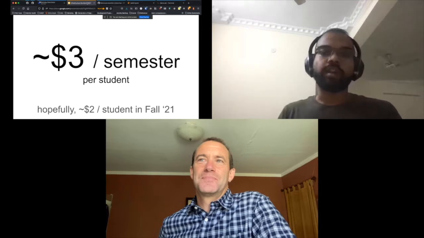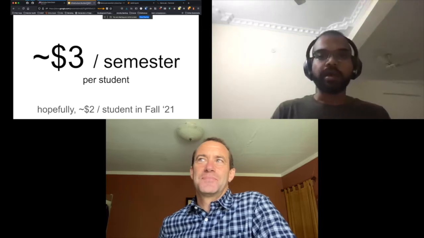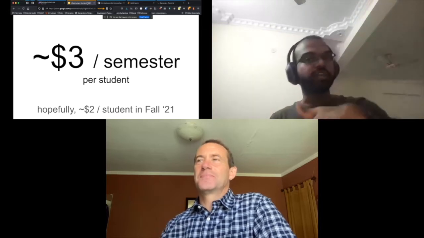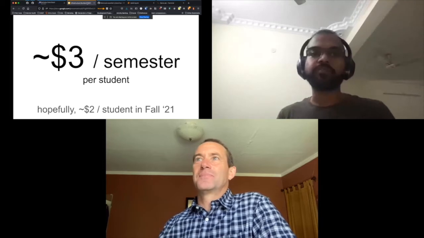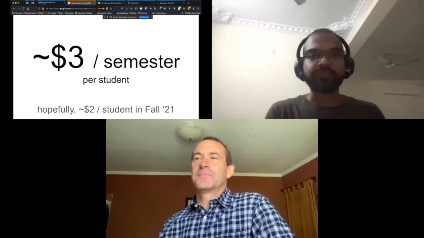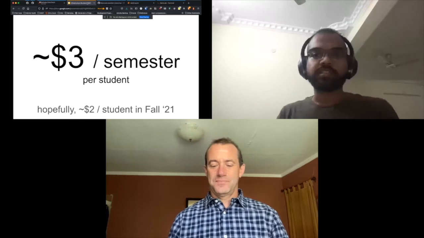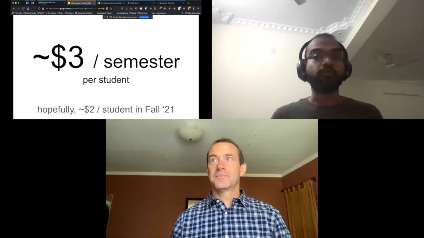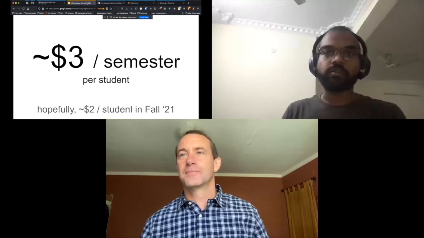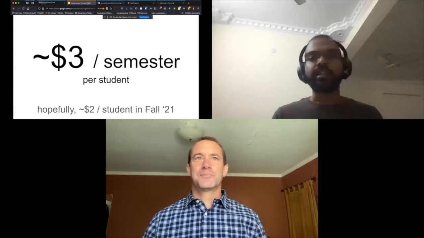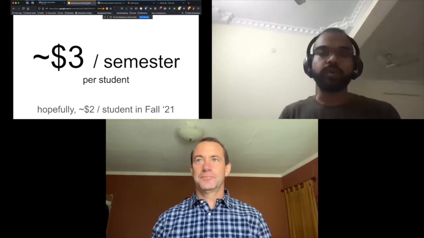So we were hoping this would be cheaper. It's been consistently reducing over time, but we had some very compute heavy classes from EECS this semester. So it's still at $3. But hopefully next semester we'll bring it down to $2. The open source community and us, we've been working on doing this kind of cost reduction.